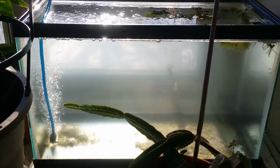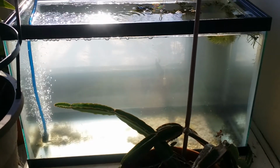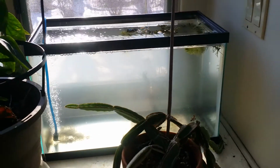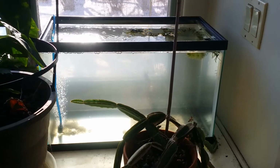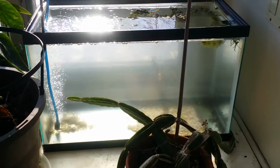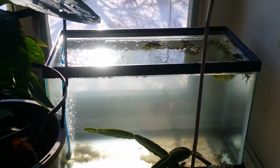So in 2 weeks' time, this water ought to be, you won't be able to see through it. You can see it's a little cloudy now. Bacteria is blooming. Soon to be followed by algae. In the meantime,